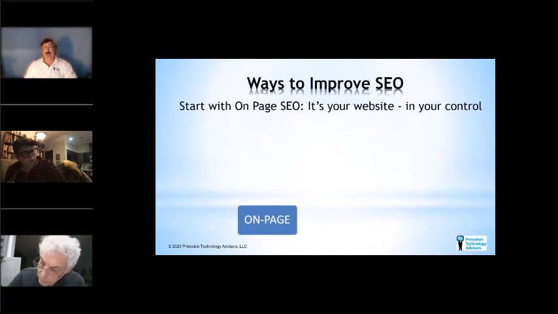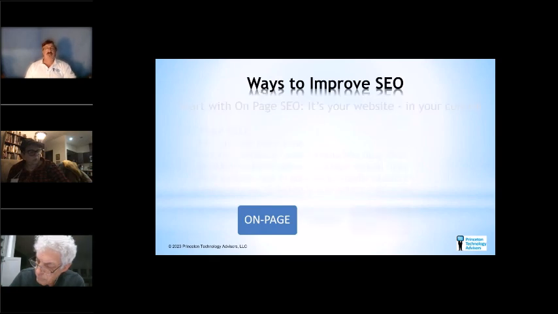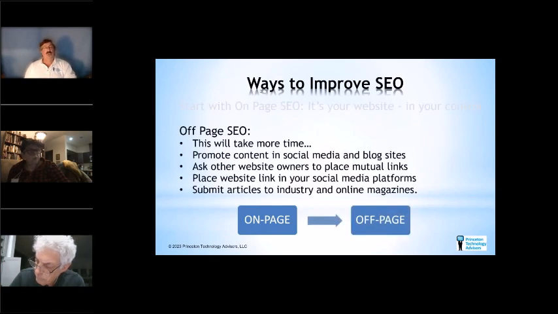So start with the on-page SEO. It's your website. It's in your control. And if you're not the web programmer, get your web programmer to do the work for you. Give them a little bit of direction and they'll make the changes that you need. And then you can work on the off-page SEO, the other people that have other sites, maybe other industries. Barbara, you may contact the museum, the library, the Franklin Delano Roosevelt Library, see if they put a link on their site to yours, that kind of stuff. Get them talking about you. So you want to get that cross-linking done.